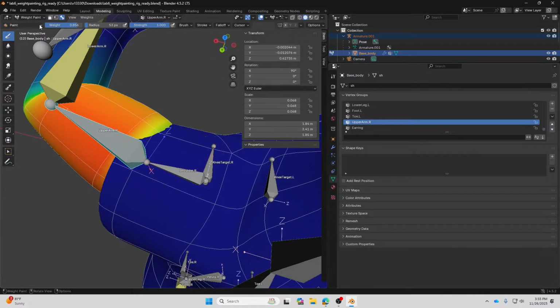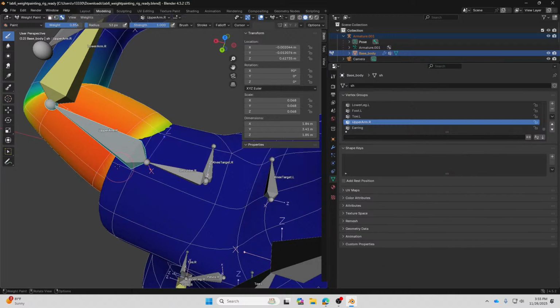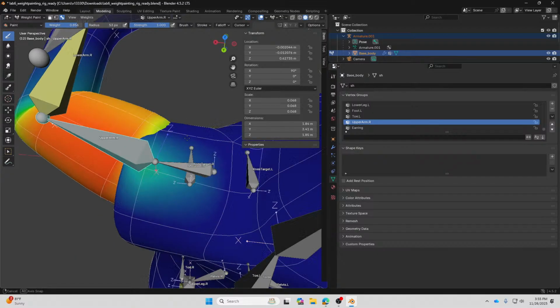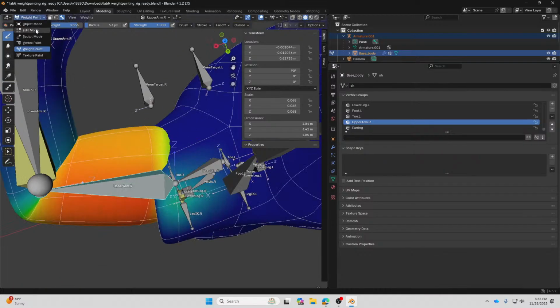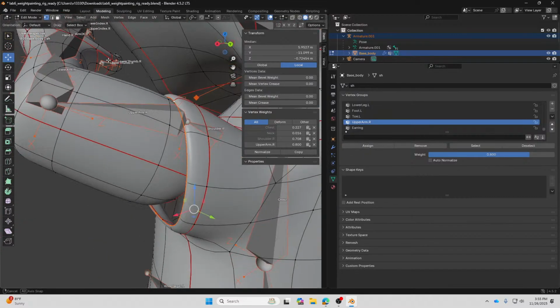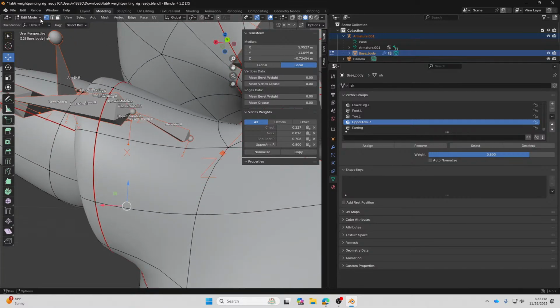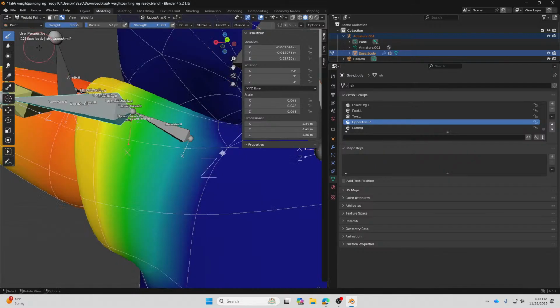Upper arms, yes. And you can start correcting it. Or you can go into edit mode, which is quicker, and then type in 0.8 and assign. Okay, and then for this loop cut as well, assign. And then you smooth out the values of this weight paint.